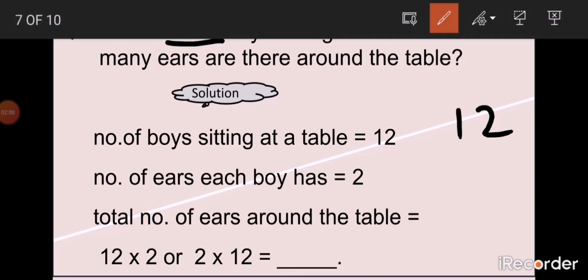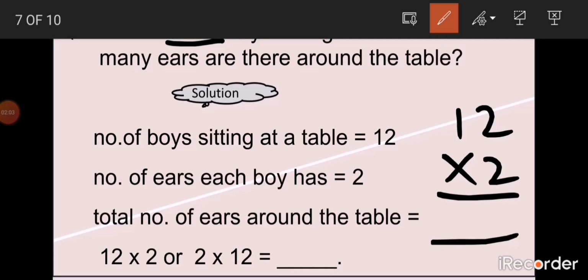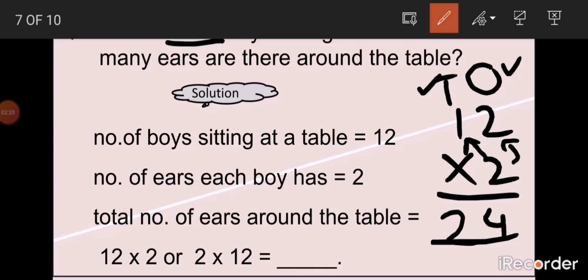I will make a rough work for you here. 12 into 2. Put the place value first. On the extreme right digit, put O for ones. On the next digit, put T for tens. So, there are 2 ones and 1 tens. Now, according to multiplication rules, the first step is to multiply the ones first. So, multiply 2 with 2. 2 ones are here. 2 times 2 is 4. Now, the second step of multiplication is to multiply the tens. Multiply 2 with tens. There is 1 tens here. So, 2 times 1 is 2. So, the answer is 24.